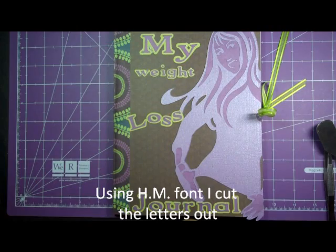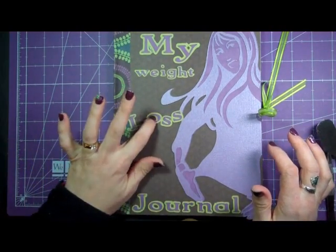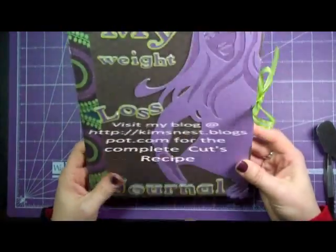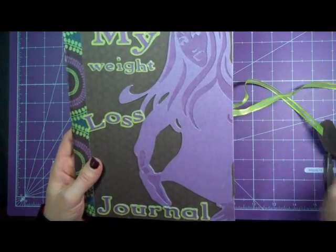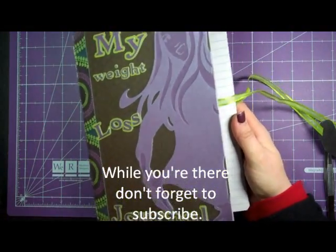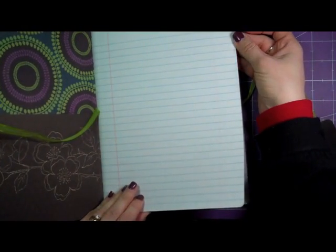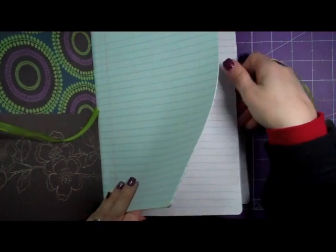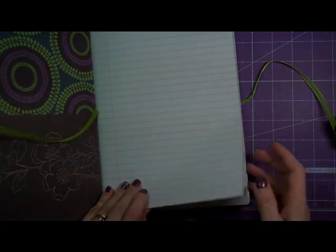So there you go. Now, if you wanted to fancy it up, you could use some Stickles on this. You could put more ribbon on it. You could put some little flowers on it. There's a ton of things you could do. You could even take, let's see, your kitchen. If you have the My Kitchen cartridge, it has little tabs. You could cut those out, and you could divide up your pages by dates, or breakfast, lunch, and dinner, or food and exercise and weight loss, however you want to do that. And one thing I forgot to mention is that you